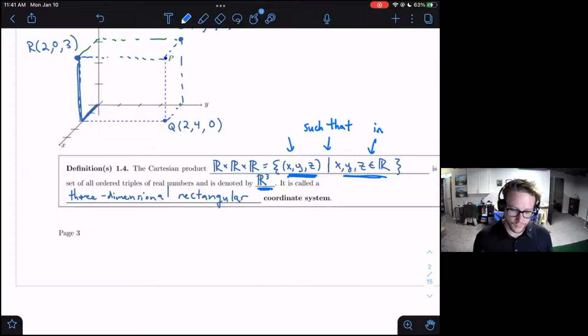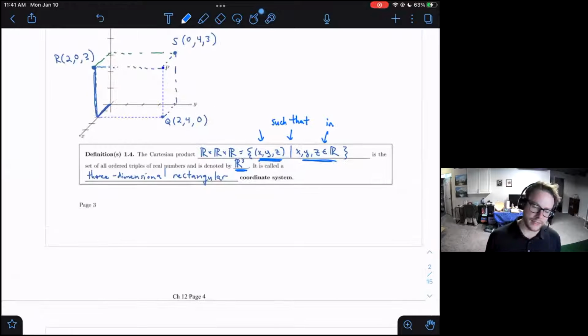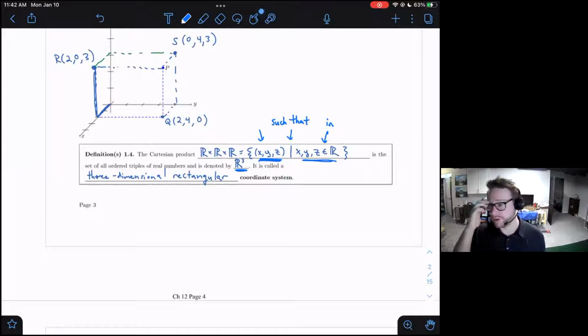All right, good. Well, that is the pre-class videos on 12.1. We're going to focus in class today on the rest of 12.1. And actually 12.2 is introducing vectors. I think that many folks have probably seen vectors.